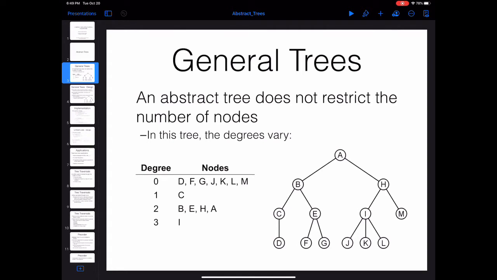So when we are talking about trees, a tree is going to be a very general form. Every node can have any number of children, right? For example, A has 2 children, B has 2 children, H has 2, I has 3 children, M has 0 children. So they have different degrees. Remember, we define degree to be the number of children. So if I am going to